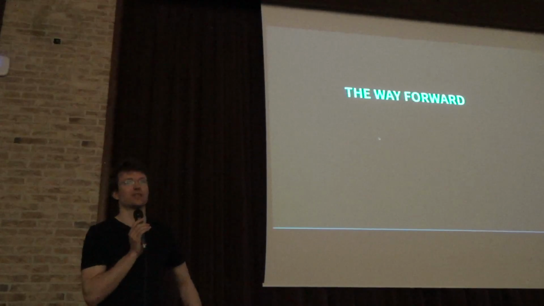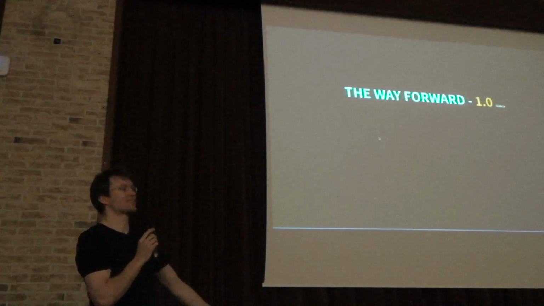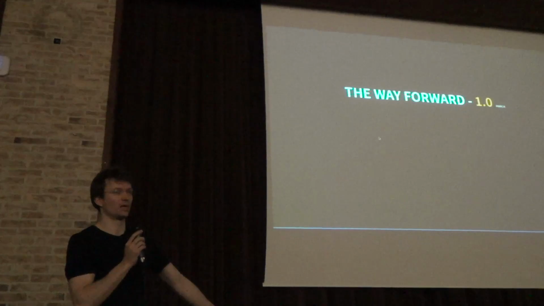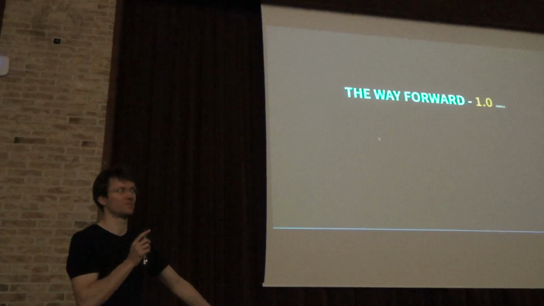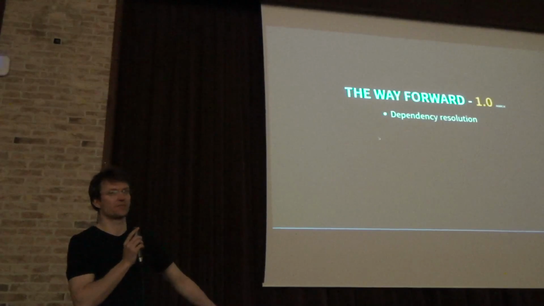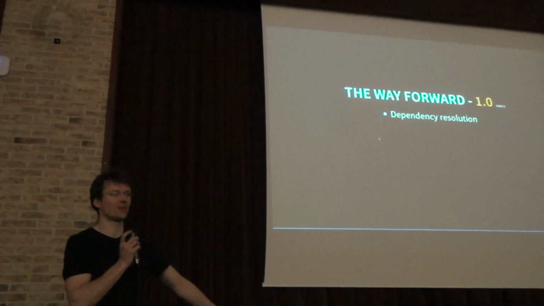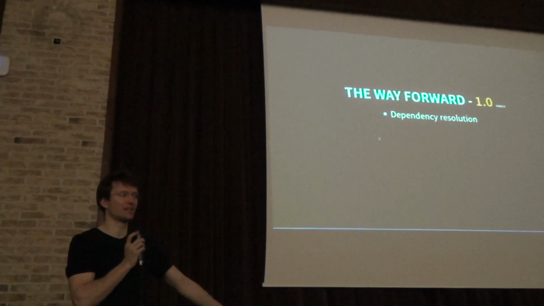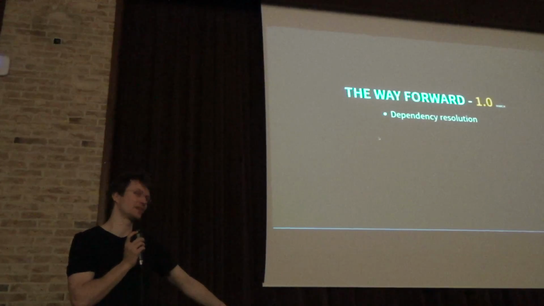Okay, the way forward. I'm just going to wrap this up. So the way forward for us is we are going to hit the 1.0 release. I'm communicating March here. Hopefully going to be end of February. With that come a couple of things. So number one is dependency resolution. We don't resolve them automatically, but we have recently added support for pointing to Supermarket, and you've already seen the GitHub support in there.